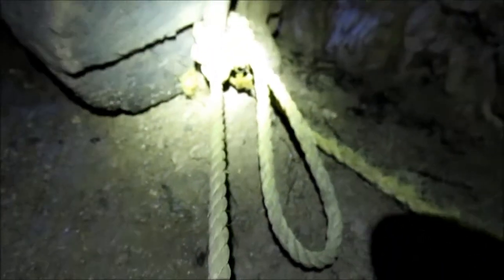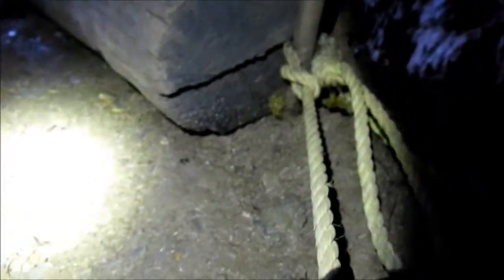If you're claustrophobic, this is not the place to be, because I only have like a 2.5 foot space between the bottom to the top here, and it's all angled, and this rope was placed here to allow one to easily get back out of this, because I don't see how there's any way I could do this without one. Alright, we'll keep going. Now I'm officially in